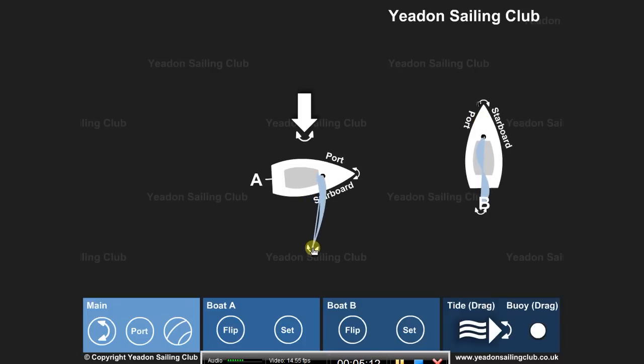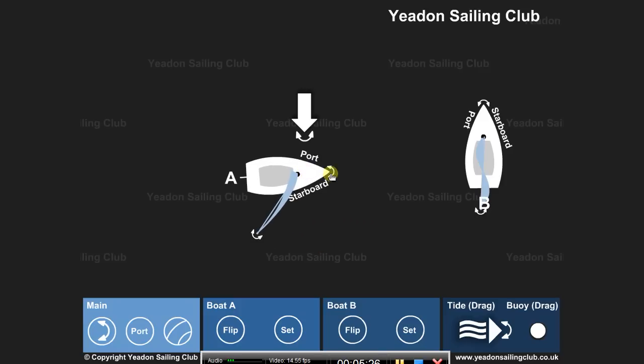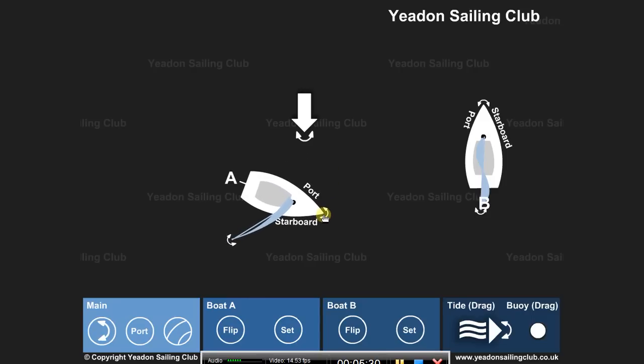If you let it out too far, what you might find is it starts to flap. Okay, so by pulling it back in, the sail will reset and you'll be sailing away at a nice efficient speed. If we bear away a little bit more,